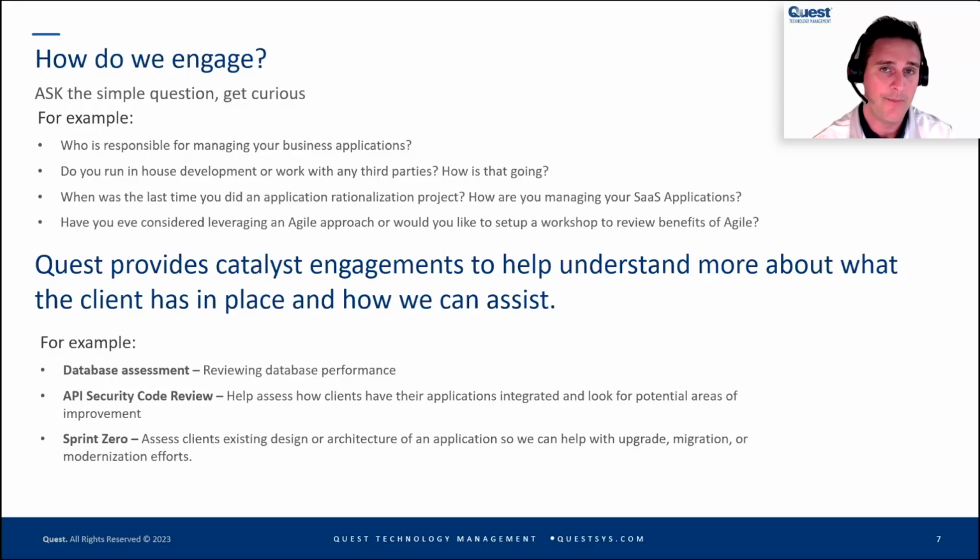Every time you add another API and another plugin and connect your data to an application you're trying to leverage to get the most out of your data, there's a potential vulnerability for a bad actor to put some bad code in there, some malware, some vulnerable software that can basically cause you a bad day. So we're helping people with API security code reviews. It's just code. It's just language basically saying, if I enter X, you're going to provide Y. It's a contract between two computers that are basically speaking with each other.